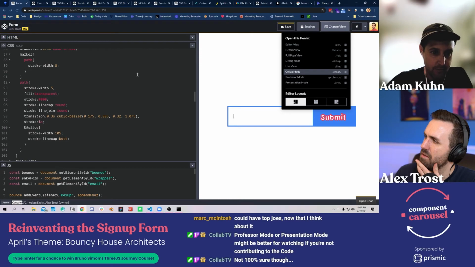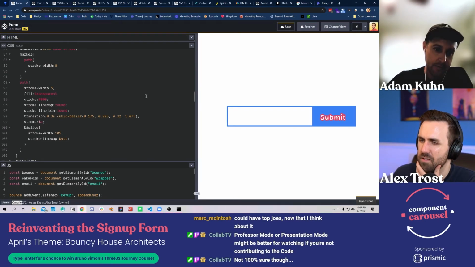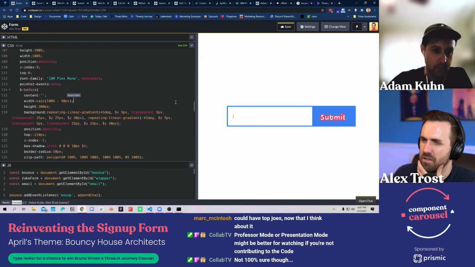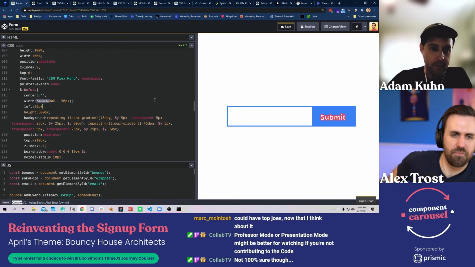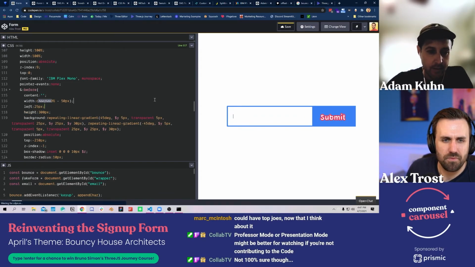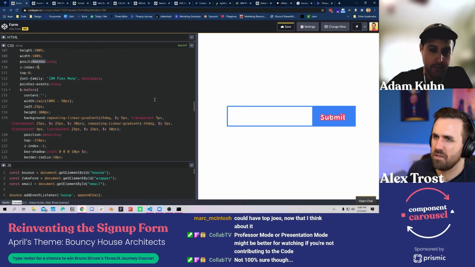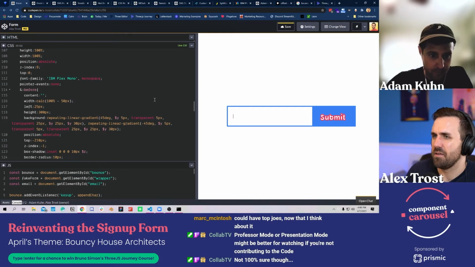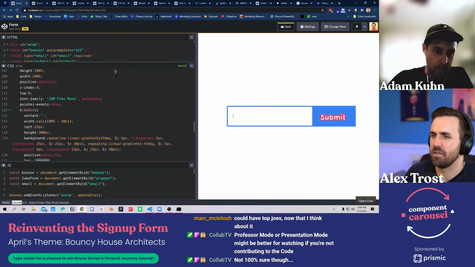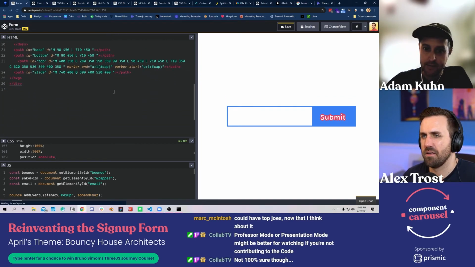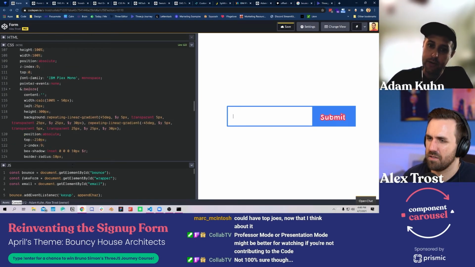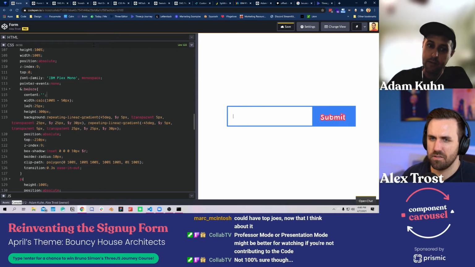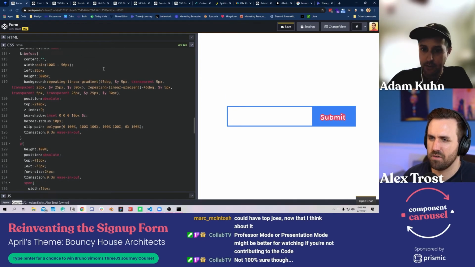Okay, let's see. I want to make that a little bit smaller. So let's calc the width on this and take off 50 pixels, and then we'll move it left 25 pixels, and that should look a little bit better. But I also noticed that our form is sitting behind our input stuff, the divs. So we'll z-index that up there. Again, this is where you get into state stuff, where it's best to just add that class to the body so you can start working across various states.